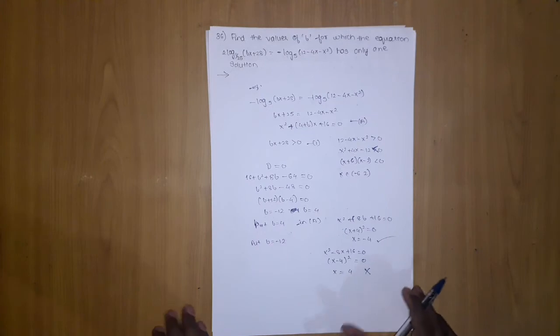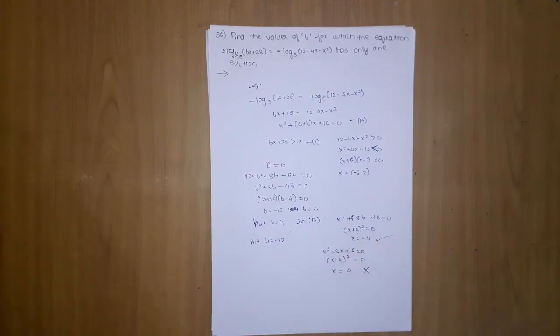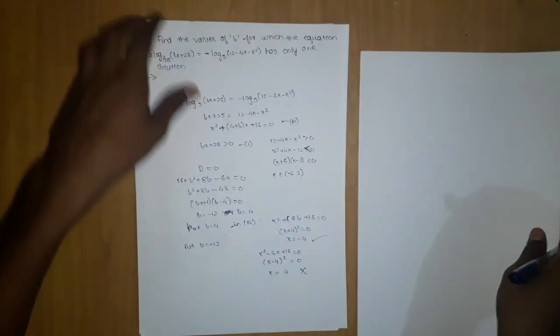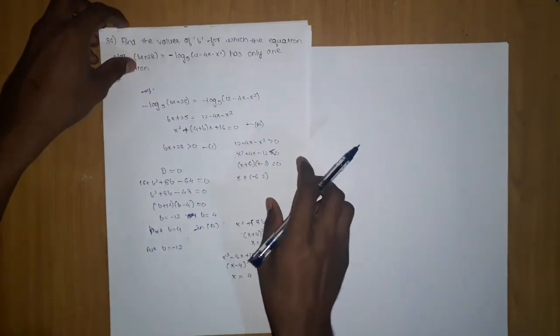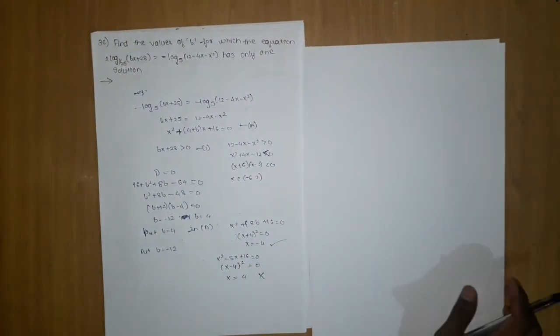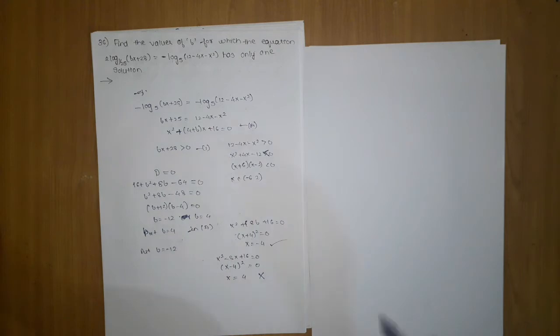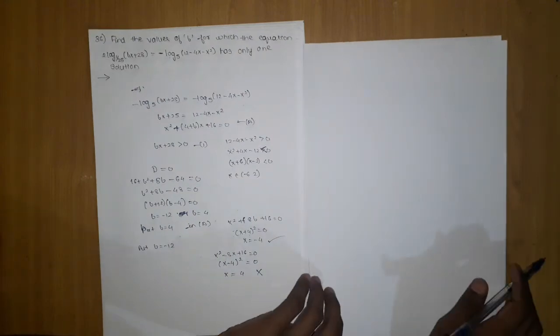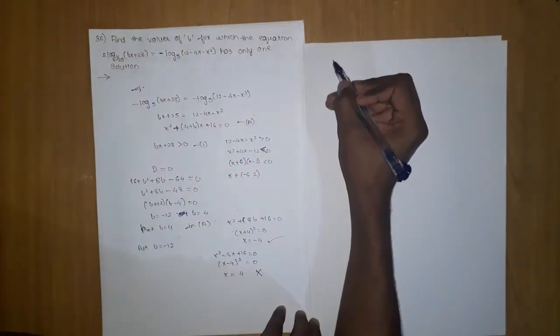Now let's move on further. Here there is no space, so I'm taking an extra sheet from here. Now let's see, listen. Now what we can do, what they have told you is that b equals minus 12 is not valid. Now they are telling we have one solution for two quadratic equations.